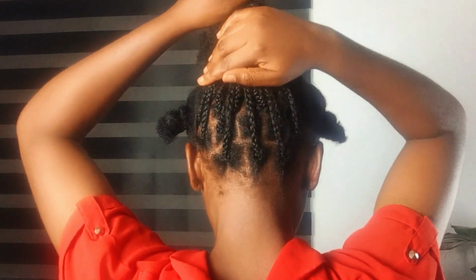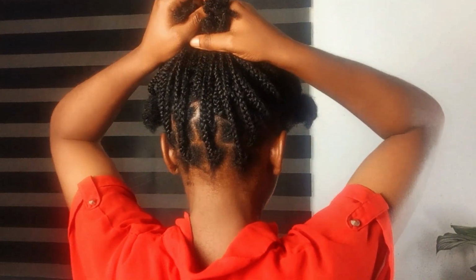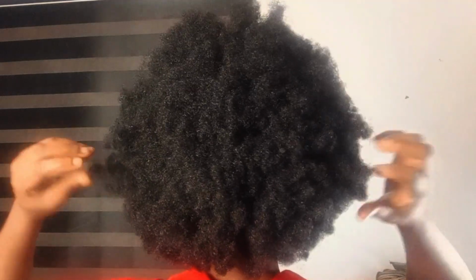Your braids will always look boring and sometimes ugly unless you try this simple hack of making mini braids hairstyle. Do not be scared to be versatile. I took my hair from looking like this to this in very few hours, and I'm going to be showing